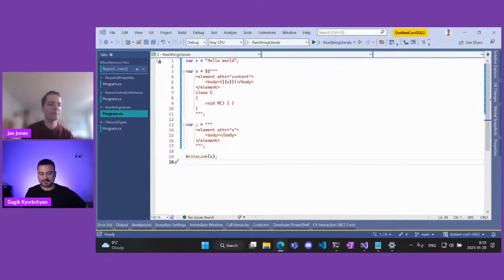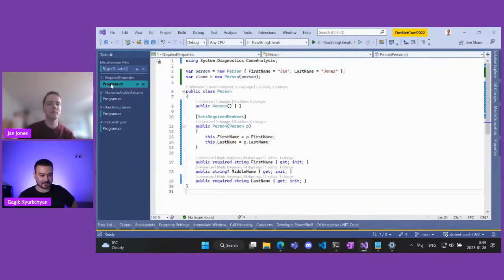Yeah, that's awesome. And one last question regarding the required attribute. Many times when I work with ASP.NET, you have those configuration appsettings files, and you would have a mapping configuration object with all of those properties that you should specify in the configuration file.